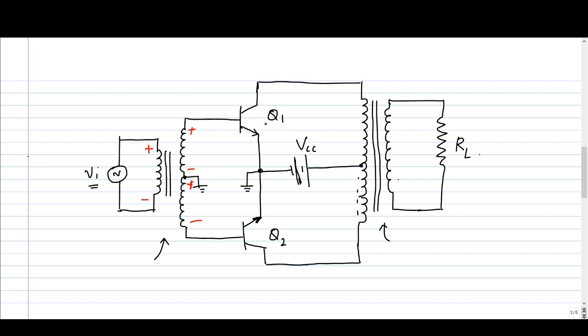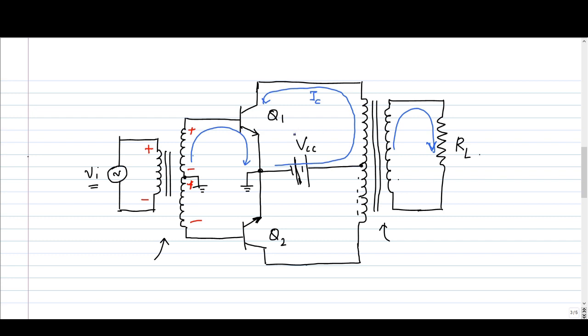So which one of the transistors Q1 and Q2 will turn on? We can see that this is positive. So transistor Q1 will get base drive. Base emitter junction of Q1 will be forward biased. So base current will flow through this Q1. So Q1 will turn on. So this battery can complete the circuit and it can pump current into this transistor. So collector current will flow like this. So collector current will be flowing through the upper half of this primary winding. So EMF will be induced in the secondary winding. So current will be flowing in the secondary winding. So current will flow through the load.